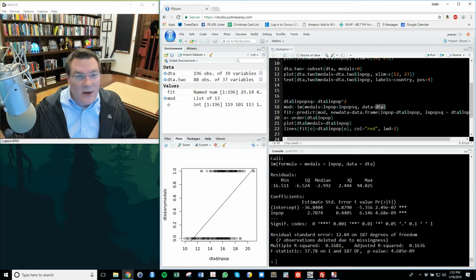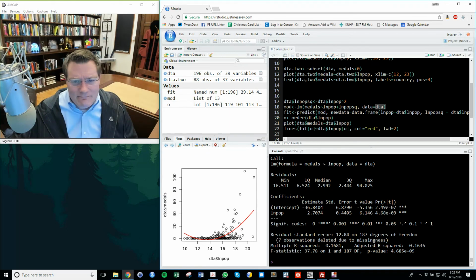Every 1 unit increase in the log of population tends to increase the number of medals you earn by 2.7. But looking at the data set, that's not exactly a linear relationship.